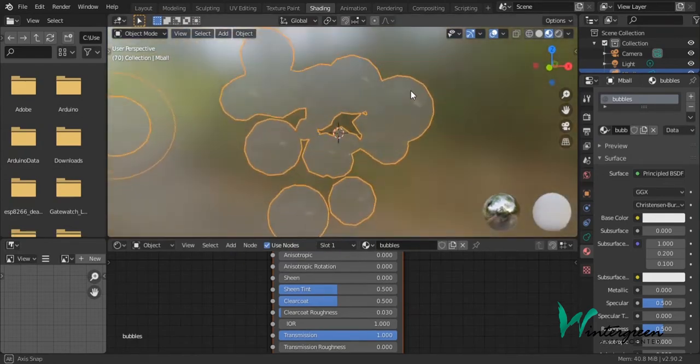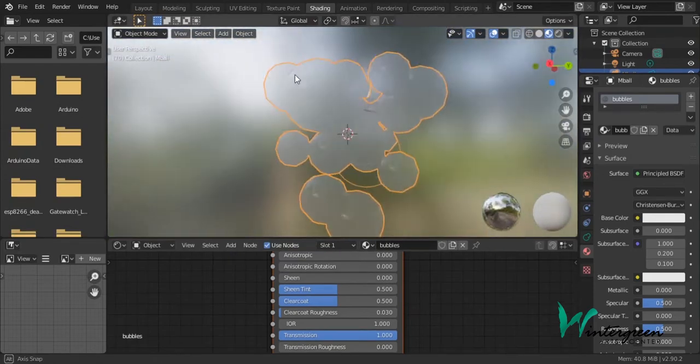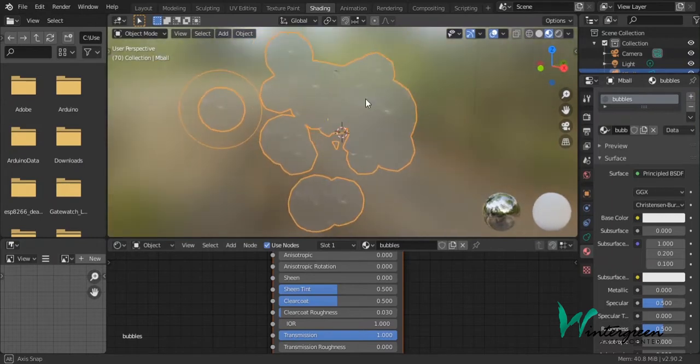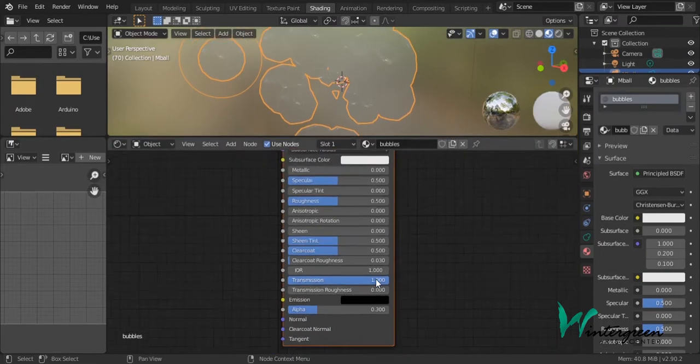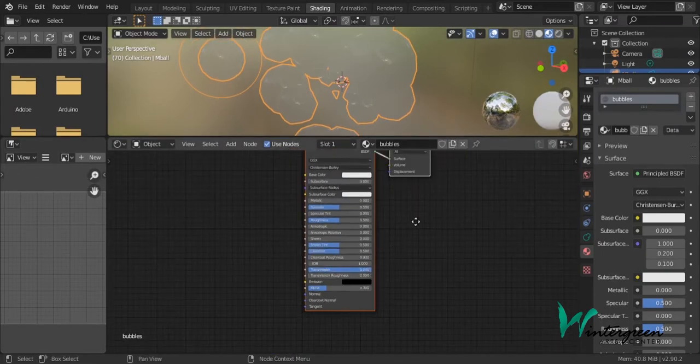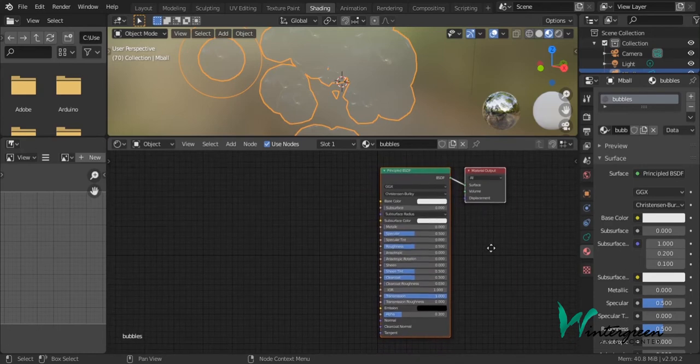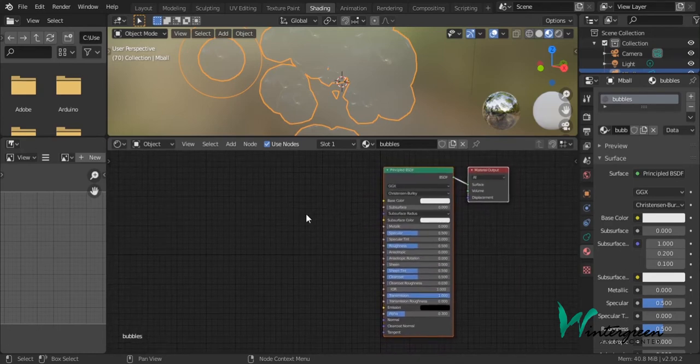There. How's that? Looks pretty cool. Okay, so back to our material. We want to add a few more nodes. So I'm just zooming out with my middle mouse button, and I'm clicking the middle mouse button in to drag over. So I'm going to add,